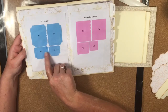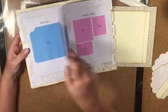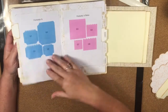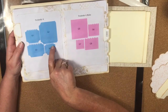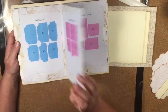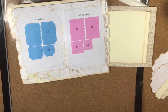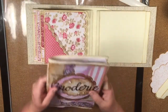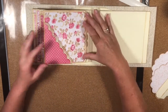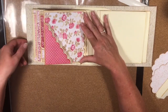So here E3 and E4 are both straight across the top, but if we flip back to, if we go forwards, you'll see that G4 has got a lacy edge and G1 also has a lacy edge, and they are the same size as E3 and E4. So you can make different albums depending on what or who you're making the album for. Okay, so that's my little flip there,